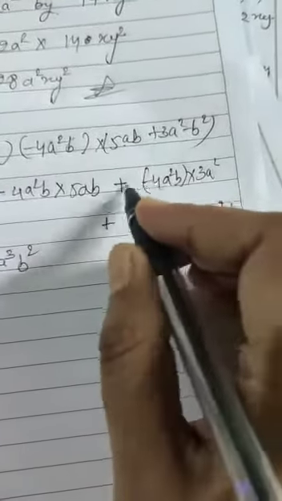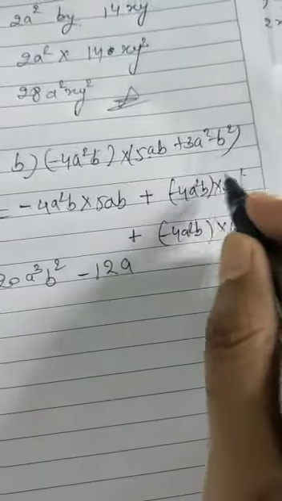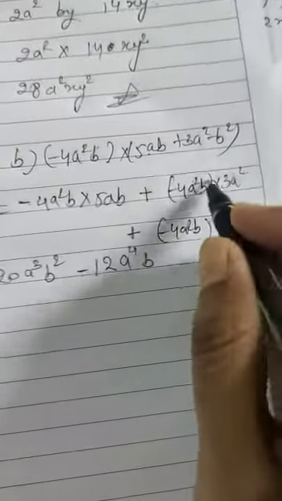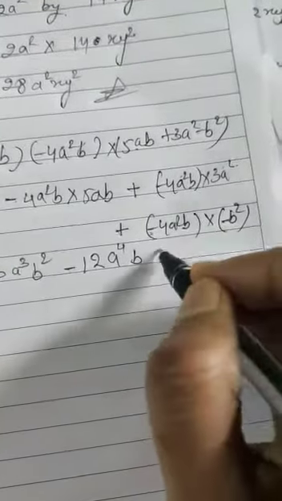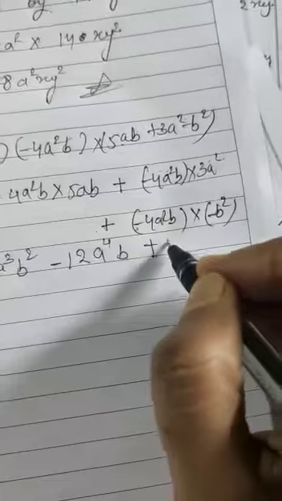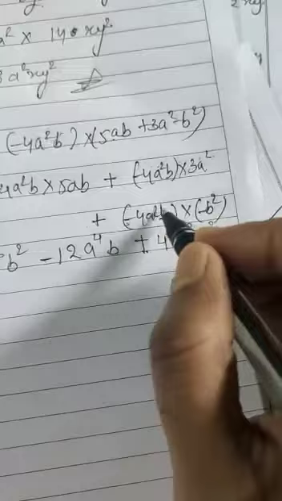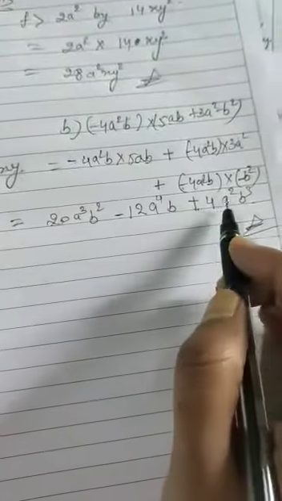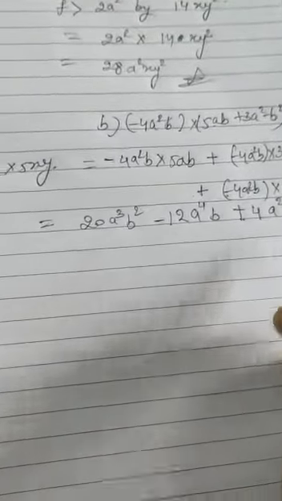Okay, now plus minus minus, 4 3s are 12, a square into a square we will get a to the power 4, 2 plus 2 is 4. Okay, and b will be as it is. Now plus minus minus what? Plus, so its sign will be plus only. 4 a square b cube, because b square and b here one time, 2 plus 1 is 3 times. Okay, this is the way you can multiply. A cube, a square, there is no like term, so you will not add, it will remain like this.